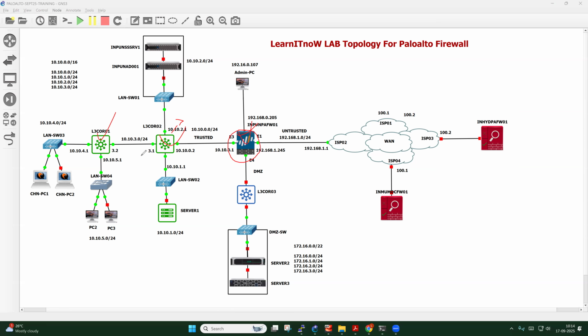ओके। और सर, जो सबसे टॉप पे जो सर्वर है, वो कौन सा सर्वर है? ये वाला INPUNSCR-V1। ये विंडोज सर्वर ऑपरेटिंग सिस्टम है, जिसमें मैंने एक्टिव डायरेक्टरी रन करके रखा है, और इसी में DNS और DHCP भी चालू है। जब मैं पावर ऑन करूंगा तो इसमें DNS, DHCP और एक्टिव डायरेक्टरी रन होगा।